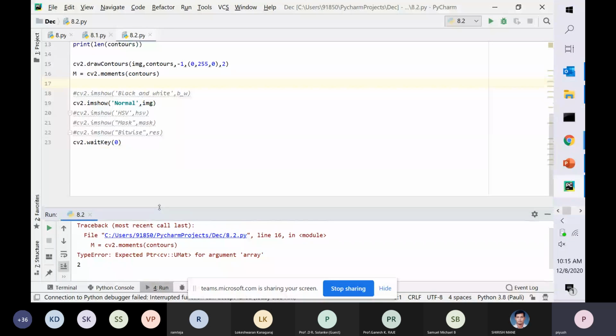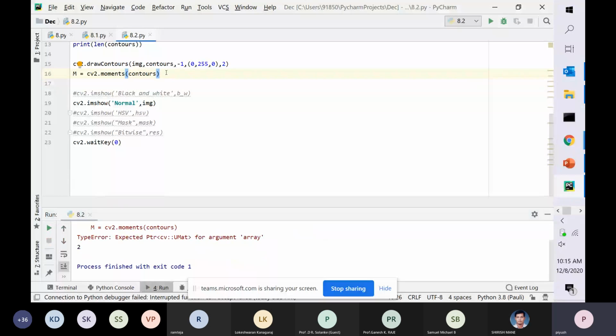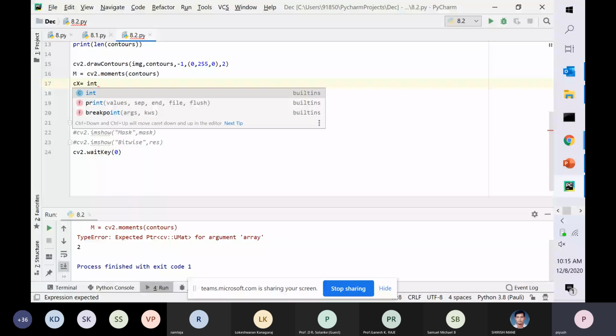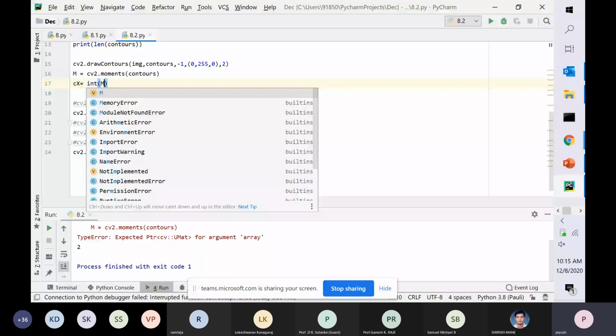Is it giving some error? Okay, so we have defined image movements, but we have not defined the coordinates in that case. So I'll just go for CX, and this is like calculations which are involved in this. So I'll go for int, and I'll go for M, the function which I'll be using, and the M10,